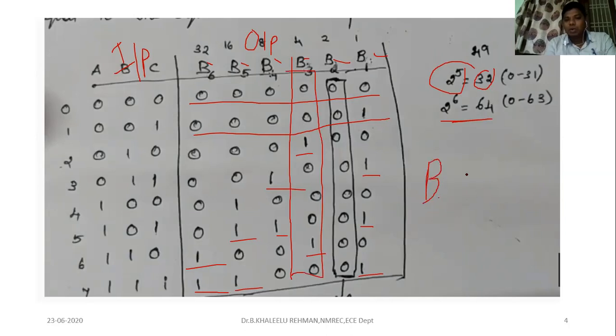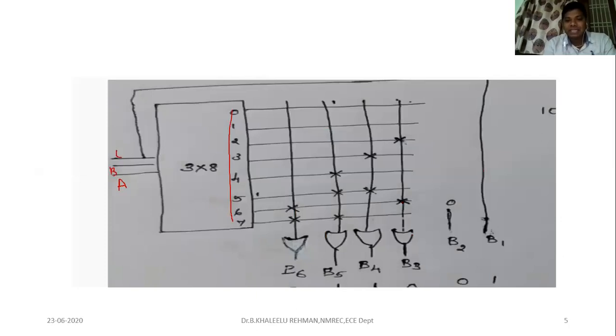B3 is equal to a sum of minterms, sum of the products, which you might have studied in your STLD. What are the minterms we are having? 2 is one minterm. Then we are having 6. 2 and 6 are the minterms for B3. So the same 2 and 6 has been mapped in B3. Under the B3, you can see 2 is mapped here and 6 is mapped.